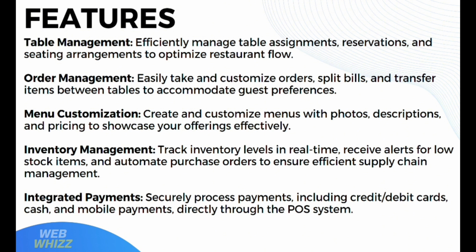showcase your offerings effectively. It also offers inventory management, where you can track inventory levels in real time, receive alerts for low stock items, and automate purchase orders to ensure efficient supply chain management. And it also has integrated payments to securely process payments, including credit, debit cards, cash, and mobile payments directly through